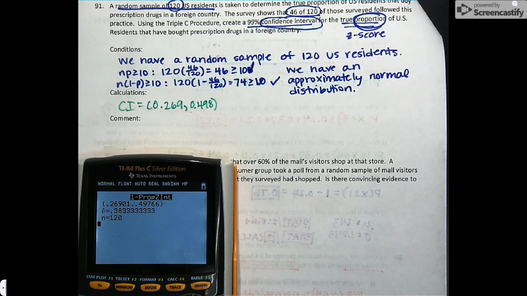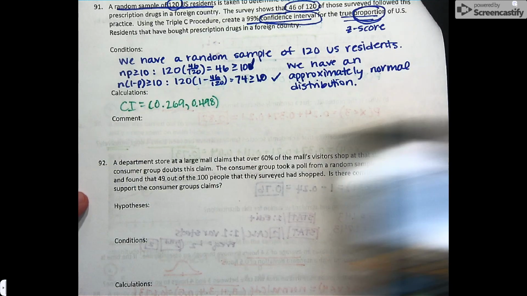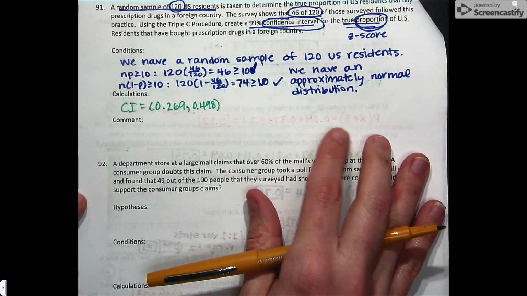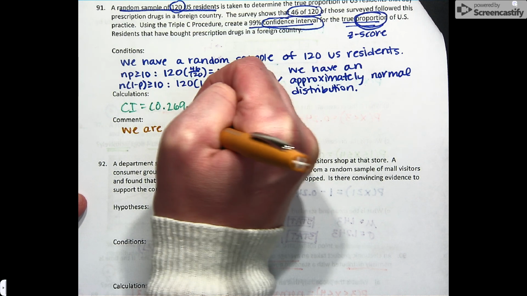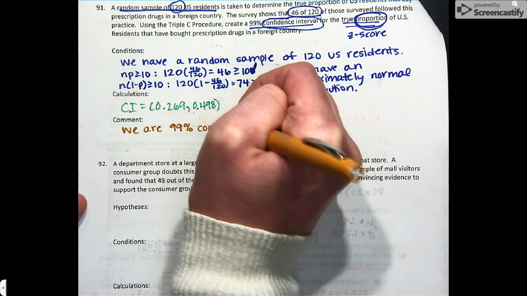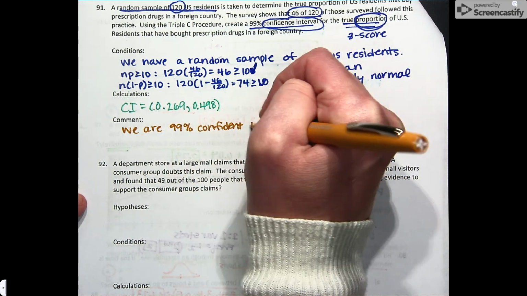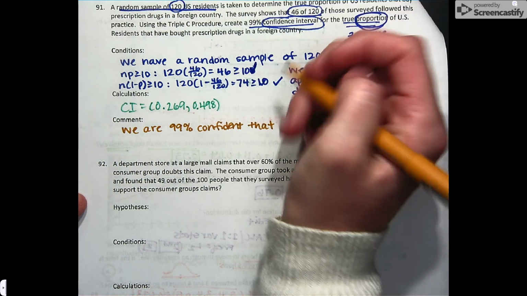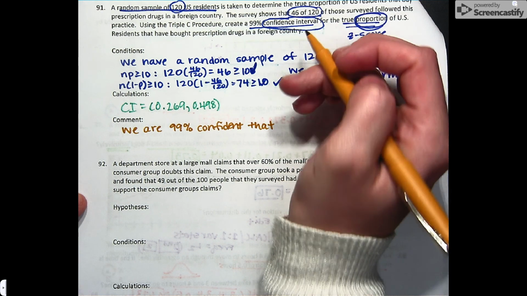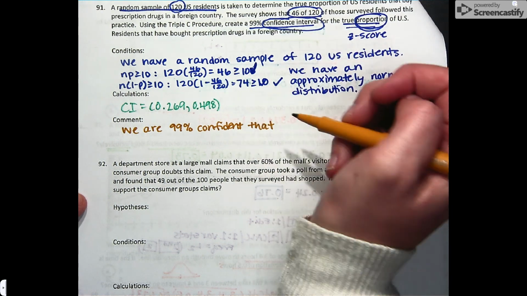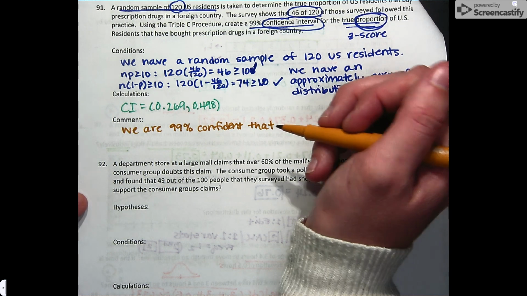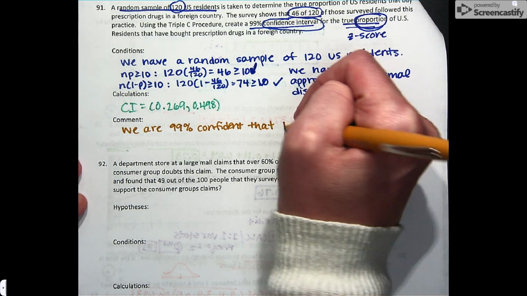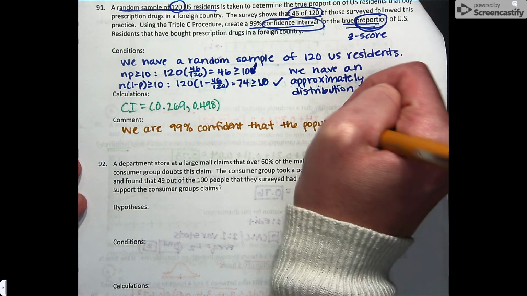And then we can make a comment about this situation. So this is, I am or we are, so much percent confident. So I'll just say we are 99% confident, and it's about the population. Remember, all of our tests in Unit 5 relate back to the population. So we use sample data to make a prediction or estimate or a claim about the population. So we are 99% confident that the population proportion